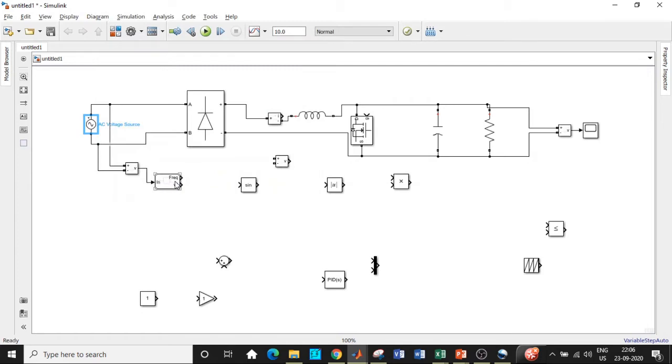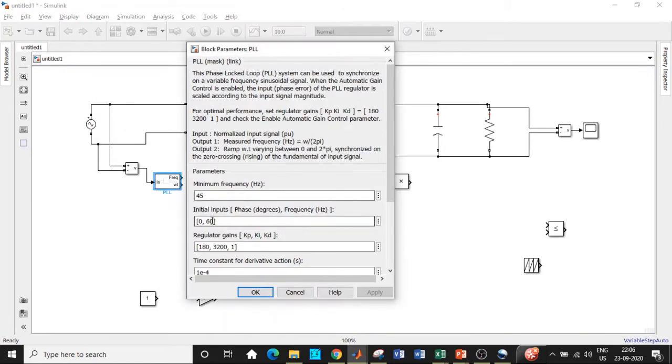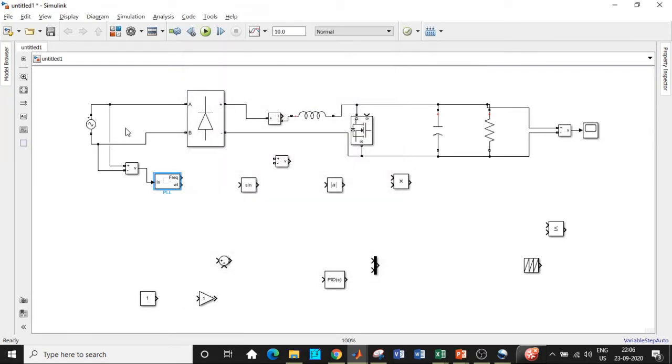Click on OK. So what the PLL synchronization block does, let me choose the value of frequency here to be equal to 50. What this block does is that it compares with respect to the supply, and decides the amount of deviation with respect to the phase angle, and that omega t is given as an input to a sinusoidal trigonometric function. So that will be the angle given to the sinusoidal signal. So sine of theta will be the value that you get. Consequently, it should be given to a gain block. So copy paste this at this point, and I'll be giving it to this.